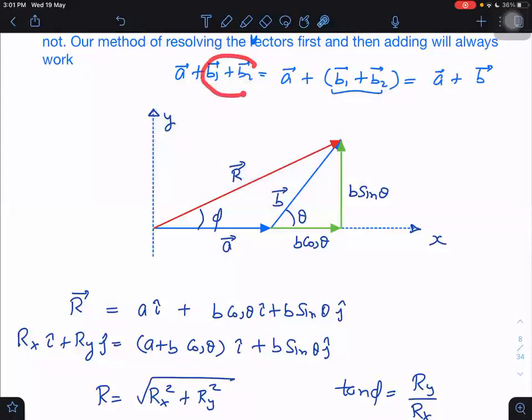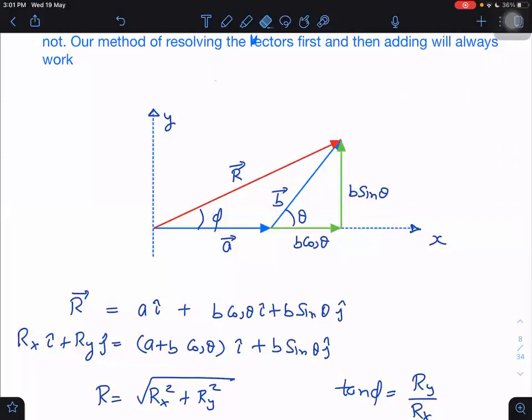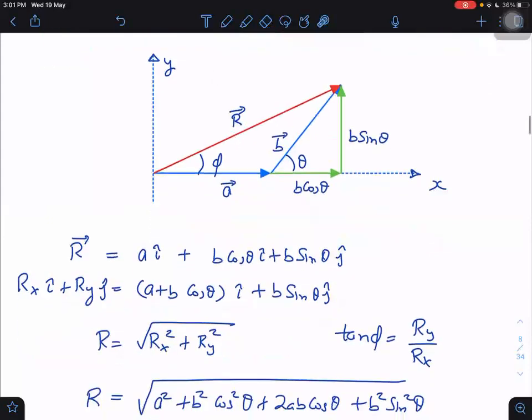I can associate any two of these together and I can make them into one and then I can add. If I do that, then also the resultant will be the same. And if I dissociate, again I break into two components and then I add, then also the resultant will be the same. Resultant doesn't change. So the laws of vector addition obey the associative property. Therefore, I am able to do that.